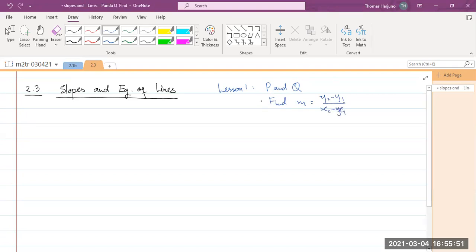And then find the equation of the line. And you did this type of question in your quiz 1. P and Q are on line L. Find the slope, find the equation of the line. And then in my lesson 5, or maybe lesson 6, as I remember lesson 5,